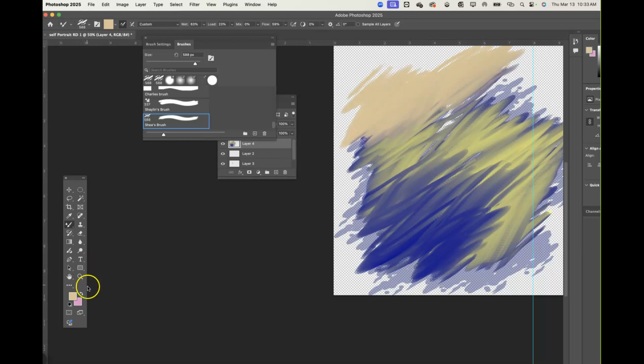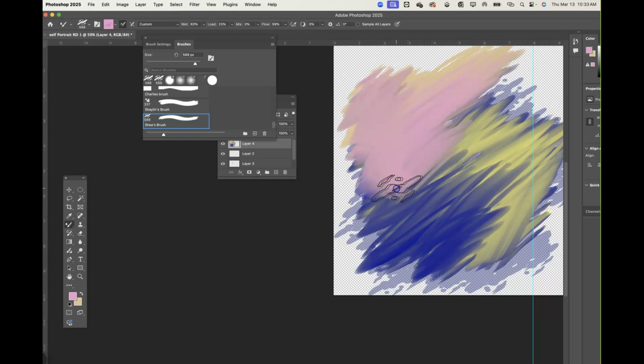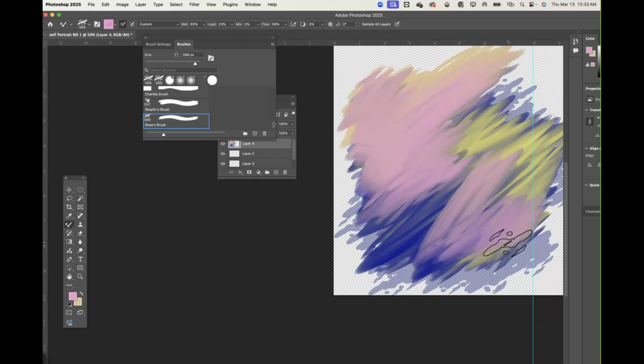I should start to see that pink in there. But this is mixing even the stuff that I have laid down underneath, right? So I can mix those as well. So there's just a lot that you can do with brushes. Now, I'm just using my trackpad right now. So, I mean, I could come back over this if I had,